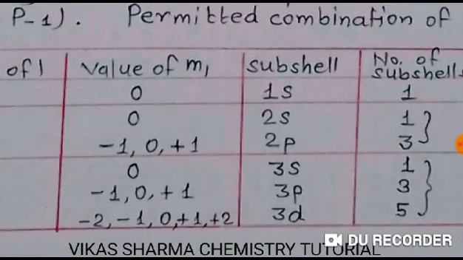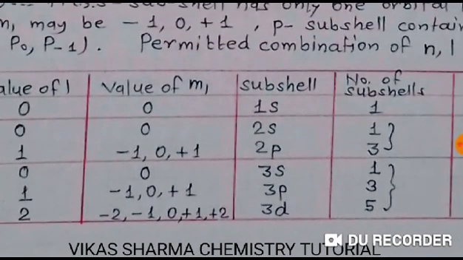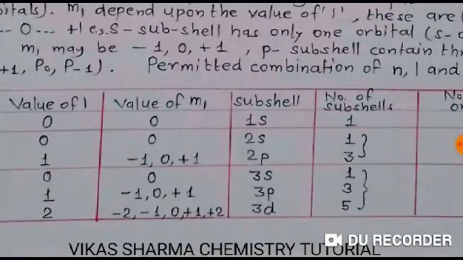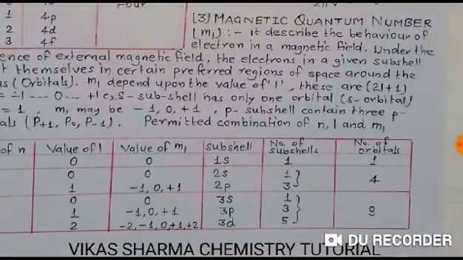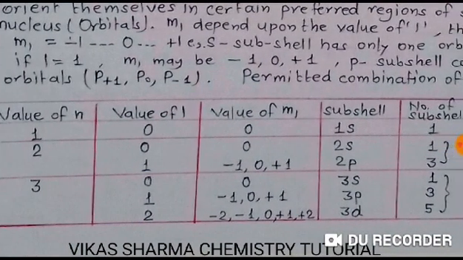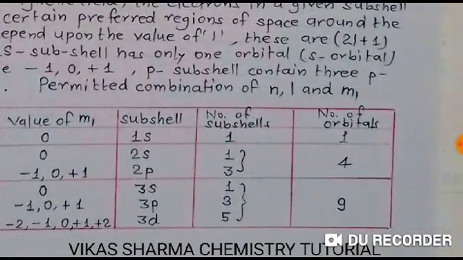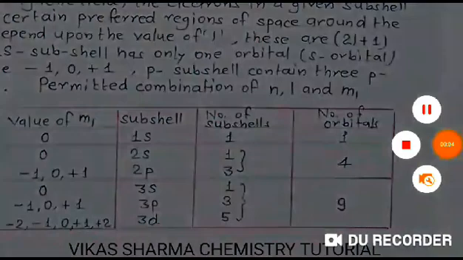3s means only one subshell orbital. 3p means -1, 0 and +1, so there are 3 orbitals. -2 to +2 gives 5, which means the 3d subshell has 5 orbitals in it. So the number of orbitals, as you have seen on the display, if the principal quantum number is 3, is 9.